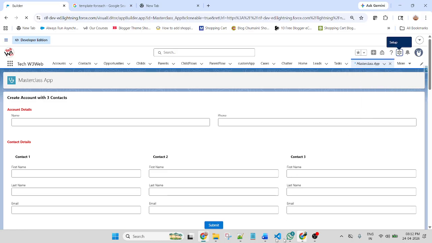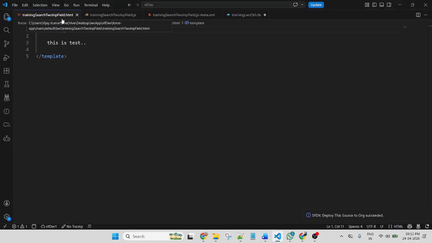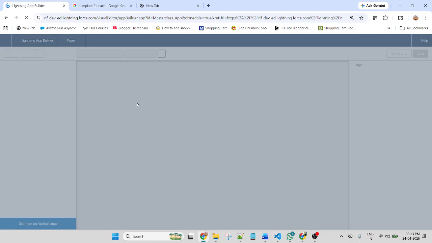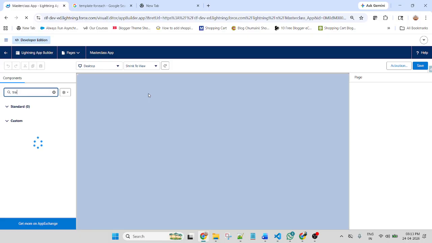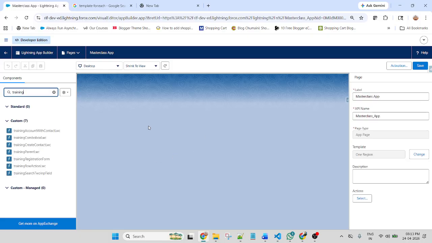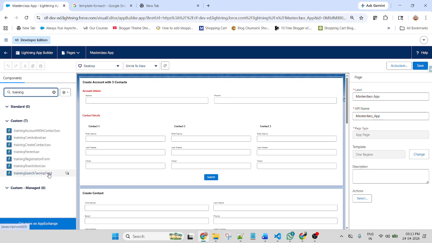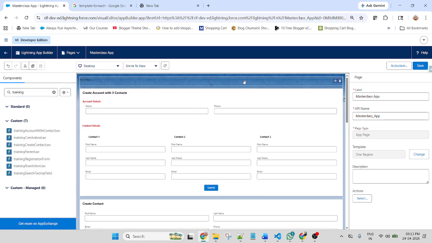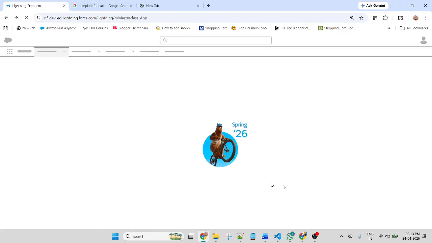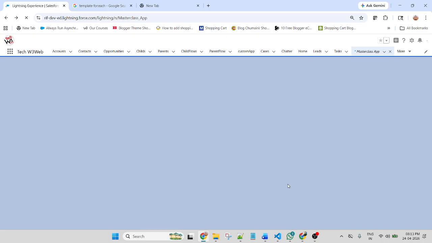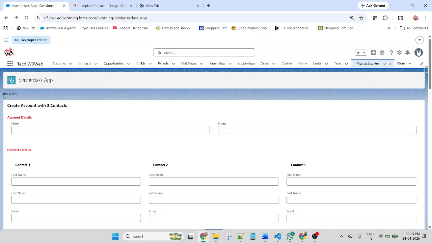My component name is training search to input field. This is my component. Simply select, drag and drop. Yes, my component is visible. This is the extra markup that I wrote in my component. This is the structure I want to show you.